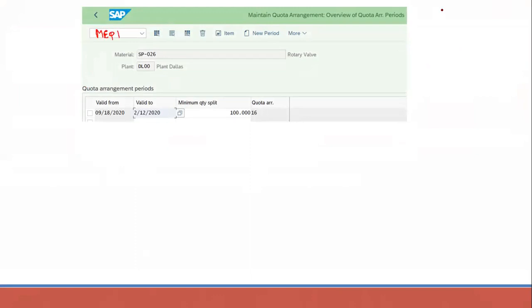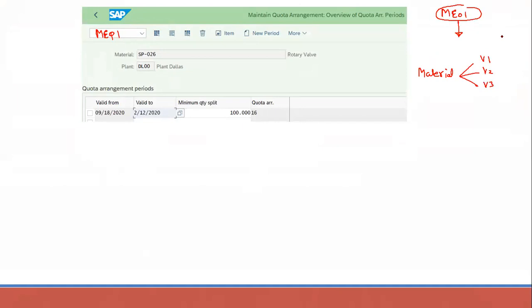In ME01, we have assigned all the possible sources of supply. For example, let's say this is a material having three vendors: vendor 1, vendor 2, and vendor 3.